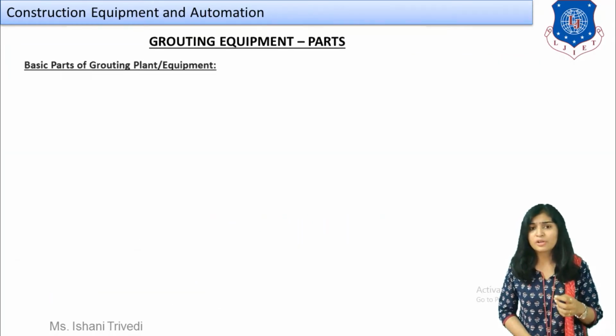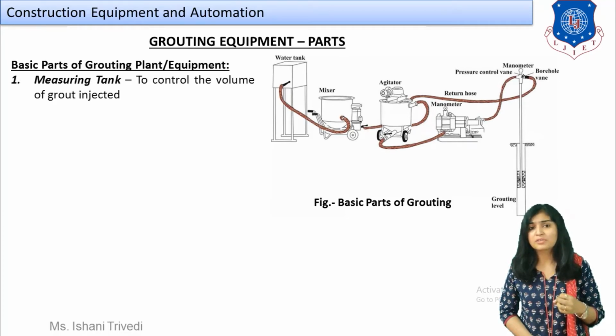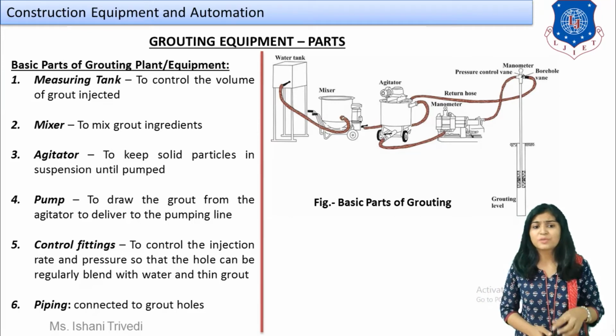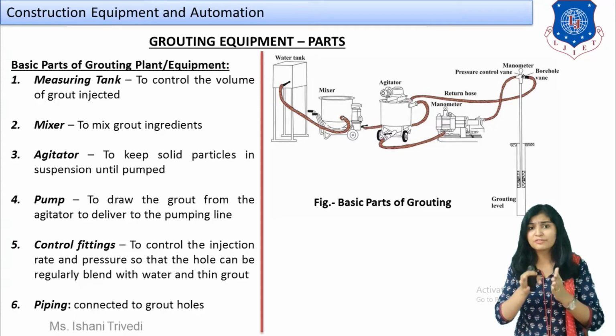Now let us move forward. We are going to talk about the parts, specifically about the grouting machine. Let us have a look at the three-dimensional line diagram which is in front of you, which will be easier for you to understand what a grouting machine is. Let us start with the leftmost. We are going in sequence from left to right.